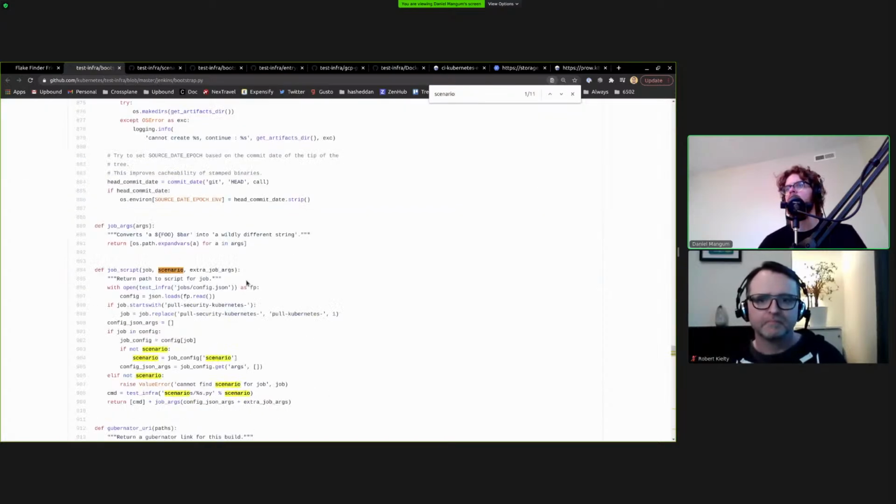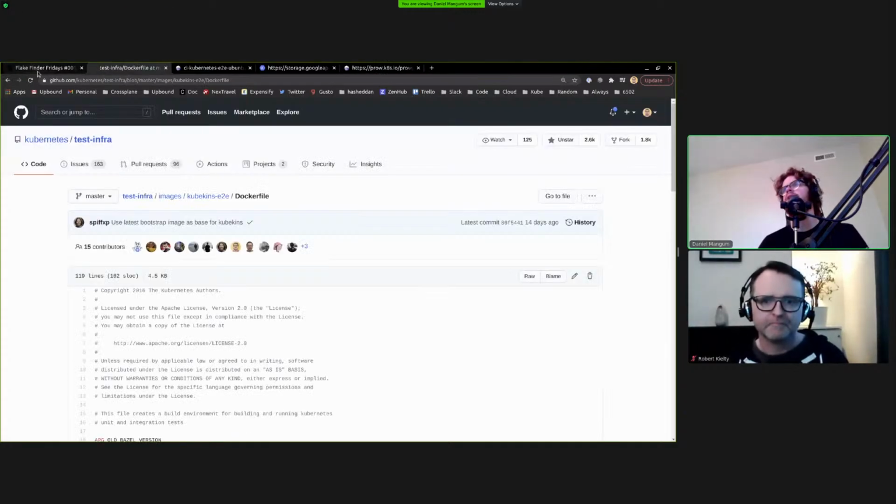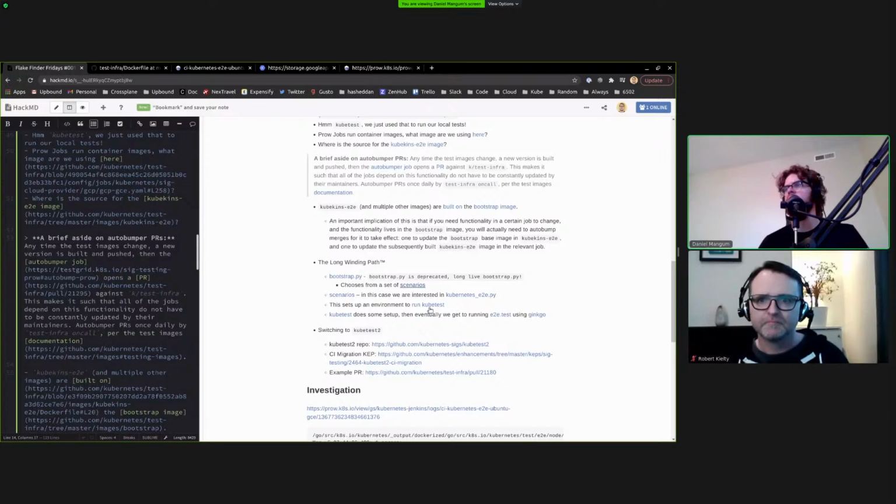Scenarios, which is eventually going to be passed here. So we'll run scenarios slash Kubernetes end-to-end.py. All right, so let me close a couple of these windows here, and let's head over to see what's happening in Kubernetes end-to-end.py. Also, you can just look at the spoiler here and see that it's setting up an environment